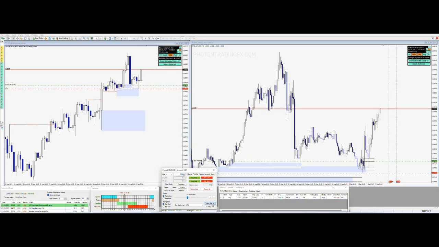So we can start to think about scaling in. So if I wasn't in a position already, I'd probably be looking at getting in on this level here, but it's quite near to my entry. So I'm not going to be too aggressive. I'm kind of coming into this supply level here now. We do have this sweep zone here. It's quite an aggressive scaling, to be honest. It hasn't really done anything. It's broken this high here. You could chase it a little bit, but it's a little bit aggressive for me, and we're coming into high